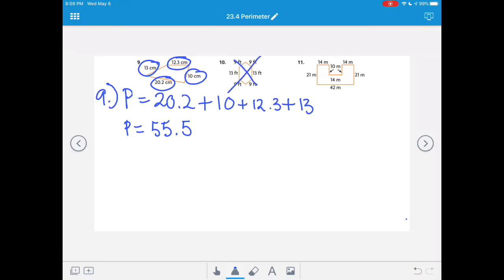We'll skip number 10 here. We'll jump over to number 11. So this one is looking like it's a little more complicated. We'll want to make sure that we deal with the complicated part first, so I'm going to circle that so that we deal with that first. Our process does not change no matter how many side lengths there are. We just add them all together to find the perimeter, which is the distance all the way around the outside